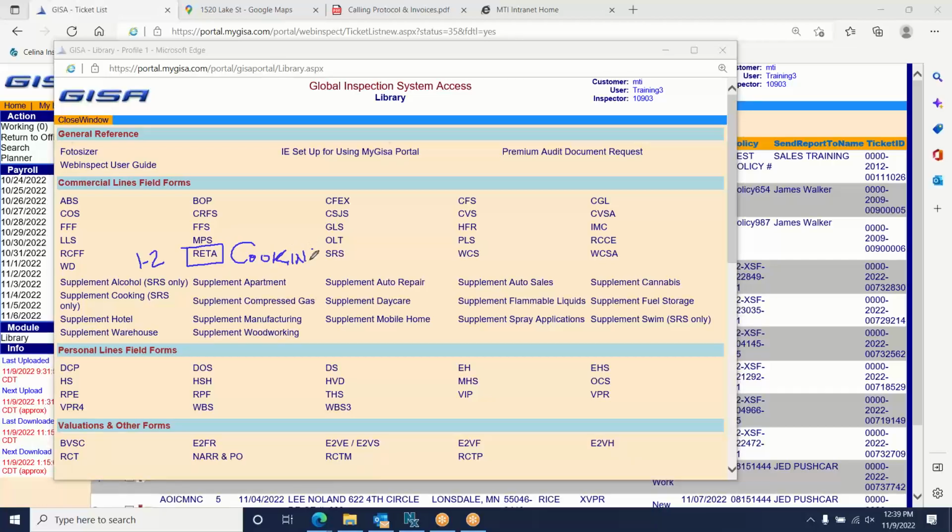Okay. The restaurant tavern form is a cooking questionnaire. Now let me explain what happens with this. A lot of the inspections you do are going to be property or liability or both. But as part of your walkthroughs, you may be doing an inspection you think is going to be a basic